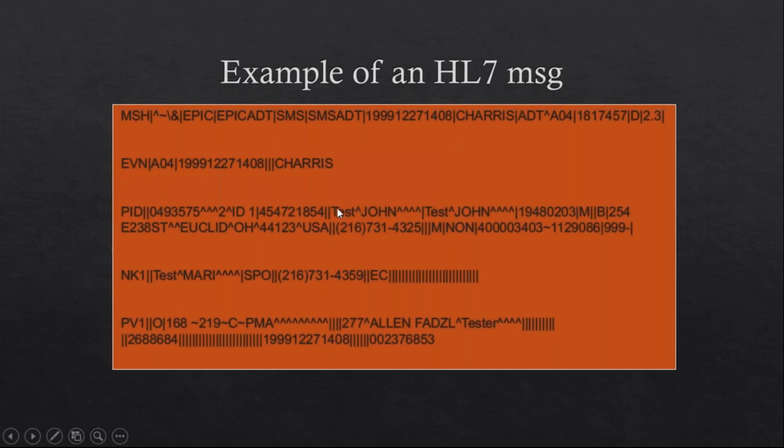Field is nothing but a name. However, the components of that name are last name and first name, separated with the help of a caret symbol. If we don't have this, we might have to write the entire thing, test John, without any spaces or anything, and that wouldn't make any sense. So to make that difference, they have this caret as component separator within fields. So you will see this caret within fields only, not between segments, not between fields. If you have a caret symbol, it means that it is within one field and it is separating two components.